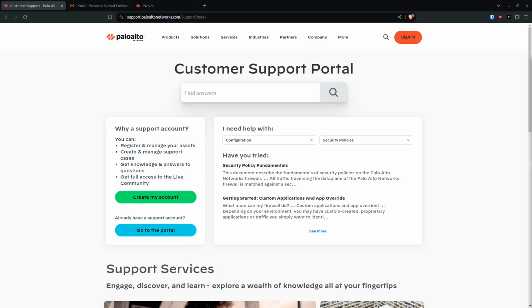Hey there everybody, just want to make a quick video on how to set up Palo Alto inside of a Proxmox hypervisor, since I have not seen that video yet. First things first, getting the Palo Alto image, you will have to get it through Palo Alto themselves, either getting